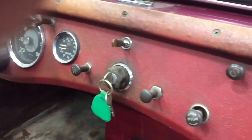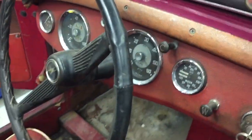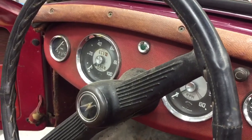And these are the original knobs, and the original configuration, the original gauges, the original mirror. All the right stuff is here, and it's getting harder and harder to find that. Also the original door pockets with this recess. Now we have a great reproduction that looks exactly like this, but a lot of people just have a flat